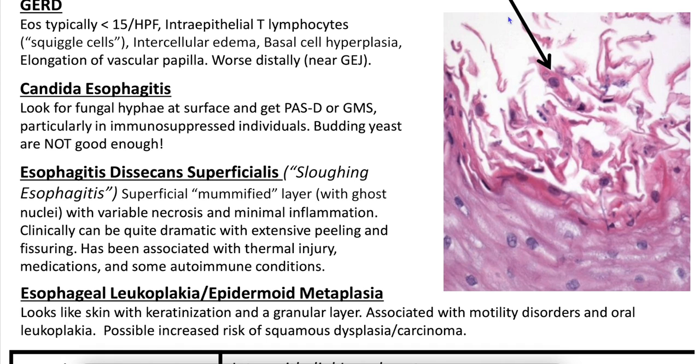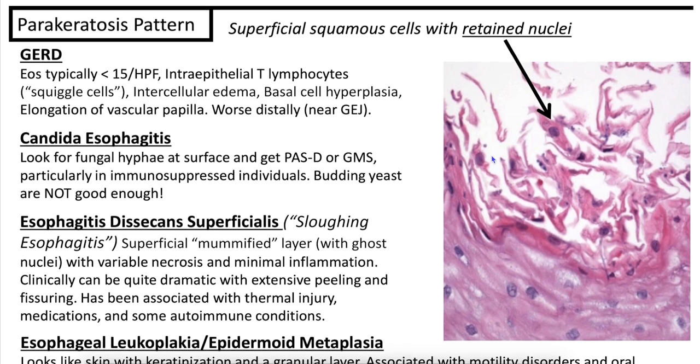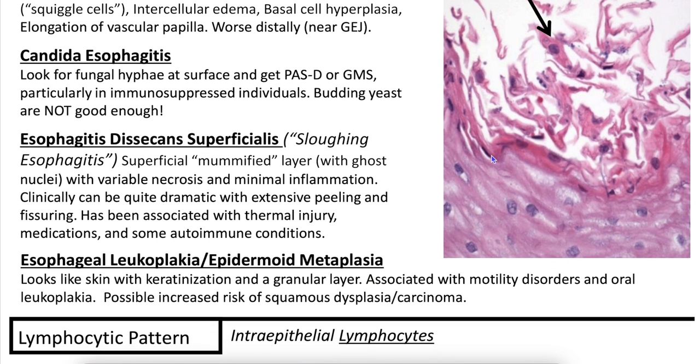and some autoimmune conditions. And then your last differential for perikeratosis pattern include esophageal leukoplakia or epidermoid metaplasia. It looks like skin with keratinization and a granular layer, and it's associated with motility disorders and oral leukoplakia, and it's a possible increased risk of dysplasia or squamous cell